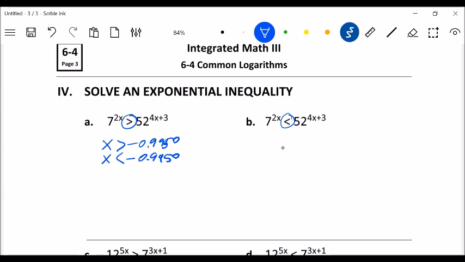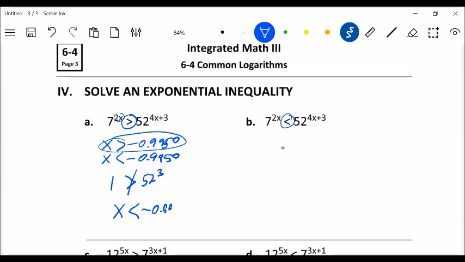So let's pick a number one way or the other and see if it's true. The easiest one here is 0. If I put 0 in, it would be greater than that negative number. So let's see whether it truly fits this one. Will 0 make this true? Well, 7 to the 2 times 0 is 7 to the 0, which is 1. Is that greater than 5 to the third power? No, it is not. That means that the correct answer would be the less than number,